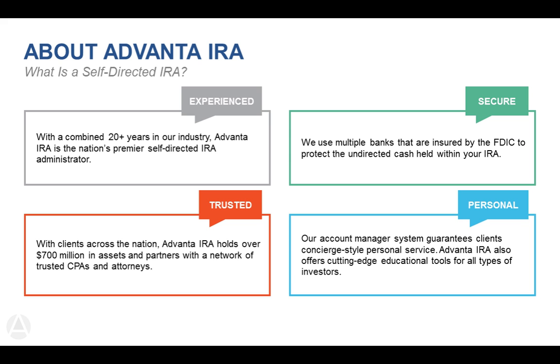And the nice thing about the service that we offer for you is that because we don't offer or endorse any products, we have to help educate and be really available to our clients. So we have a dedicated account management program for you in order to